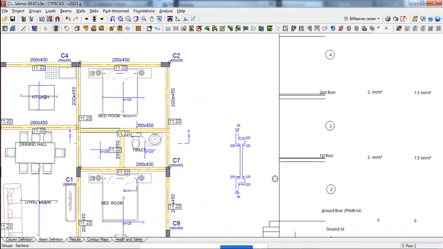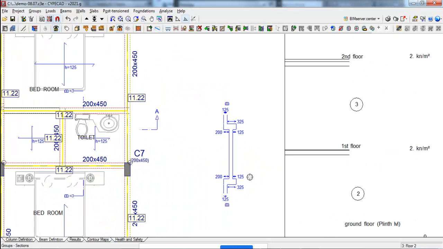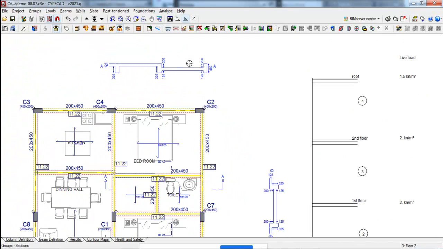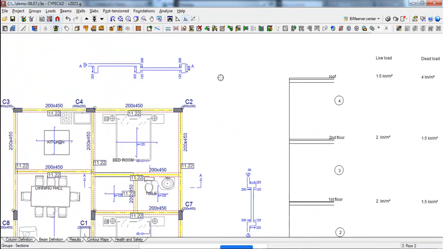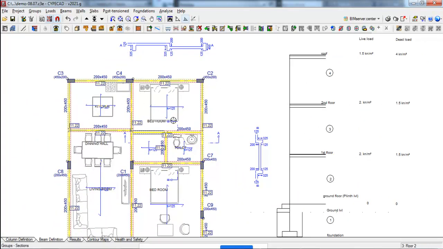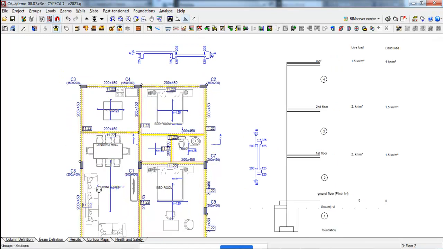So there is another cross section created here. This shows that there is a 200 mm sunken slab. We are not actually drawing anything, it is all just generated by the software. Whatever you are doing here is not just the model of a structure, you are also preparing the CAD drawing in the background. This is actually the form-work drawing. The layout of beam, column, slab along the cross section is already generated by the software.